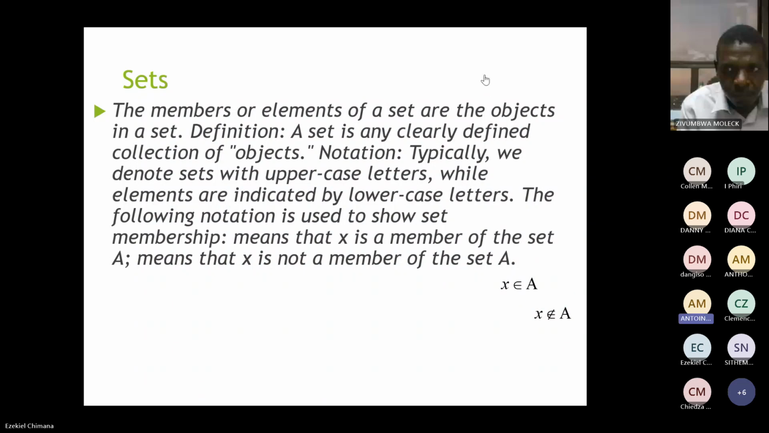Notation: typically we denote sets with the uppercase, while